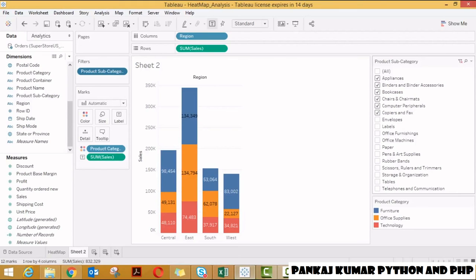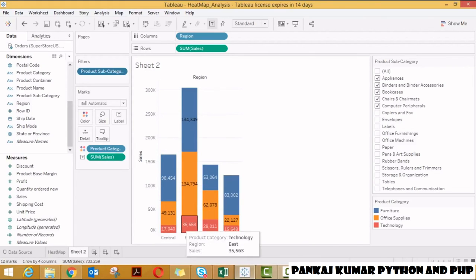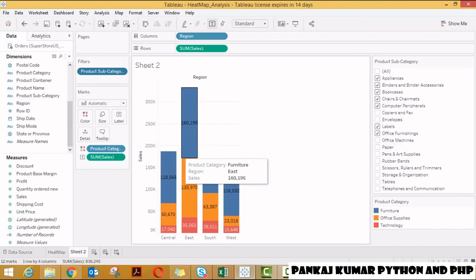For example, if I deselect the copiers and fax subcategory, it should have an impact on all the bars. And let me select labels, office furnishings, and accordingly the graph will change. This is the functionality of a filter. A filter allows you to select or deselect the options available in your categorical variable.